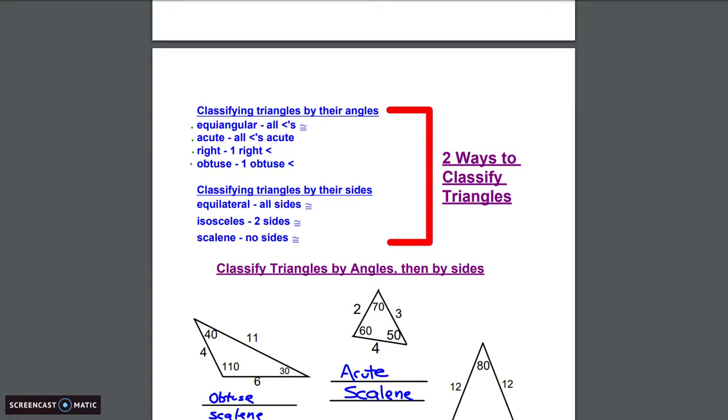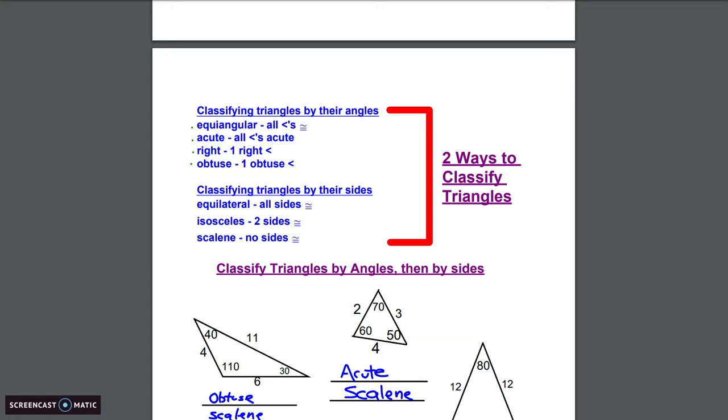You might say, what if there's more than one right angle or obtuse? Well, that's not possible, because if you had 3 right angles, all the sides wouldn't connect and it wouldn't be a triangle. And then classifying them by their sides is equilateral,